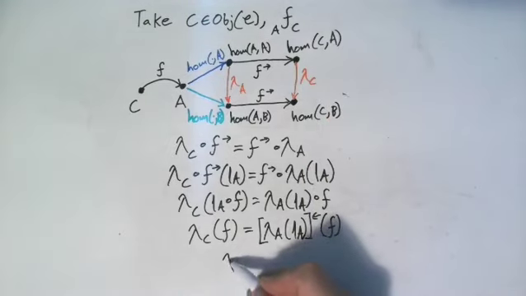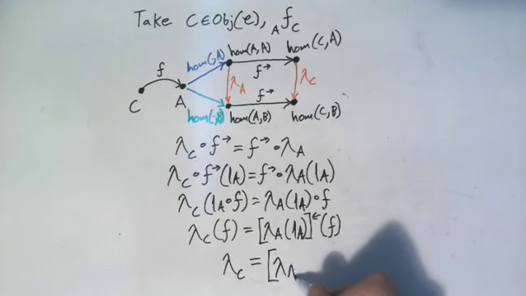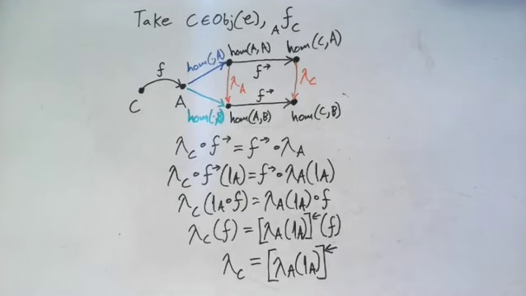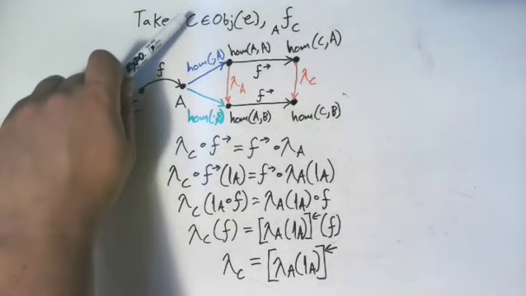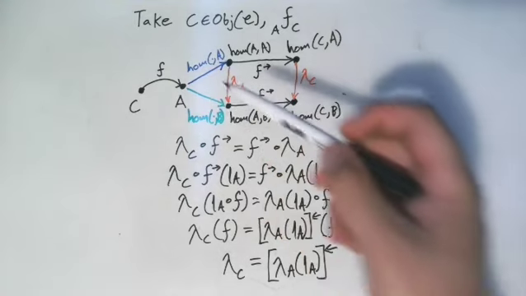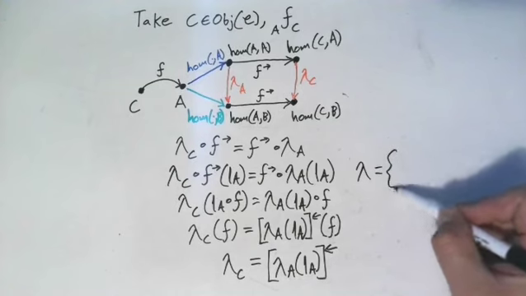But this F was just an arbitrary morphism from C to A. And so this will apply in general, which is that lambda C is equal to follow by lambda A 1A. But not only that, this object C was also arbitrary, and so this pattern will apply for any object C. And so we get that if there's a natural transformation between these contravariant Hom functors, lambda, then it has to just be